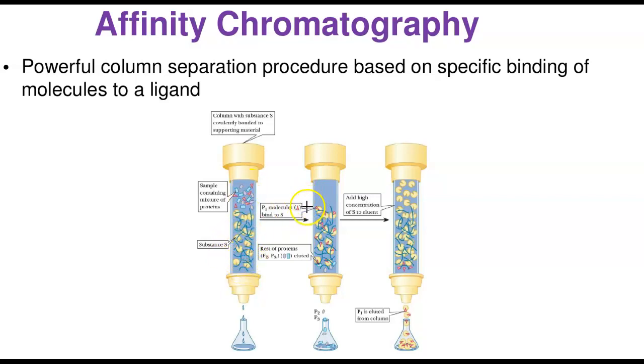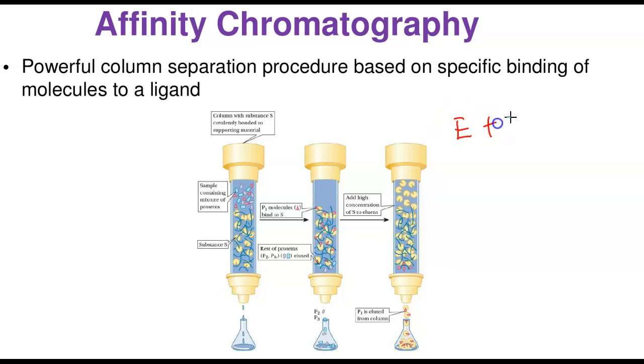If you look at what happens here now, protein 1, we say P1 molecules, will bind to S because it is specific for it. So look at this. The P1 molecule, that is this red triangle, will bind to S. Look at it. So it's just like when you have, I'm going to change my color, when you have